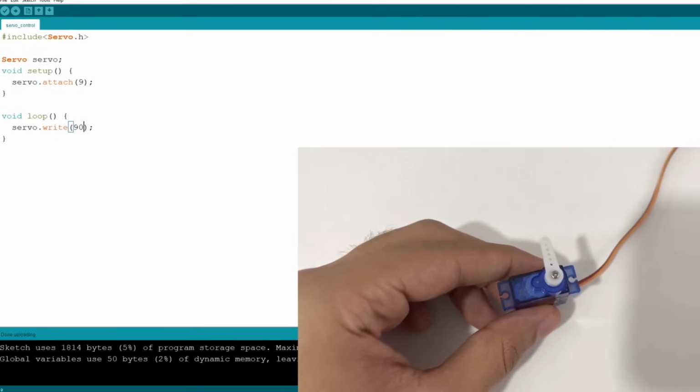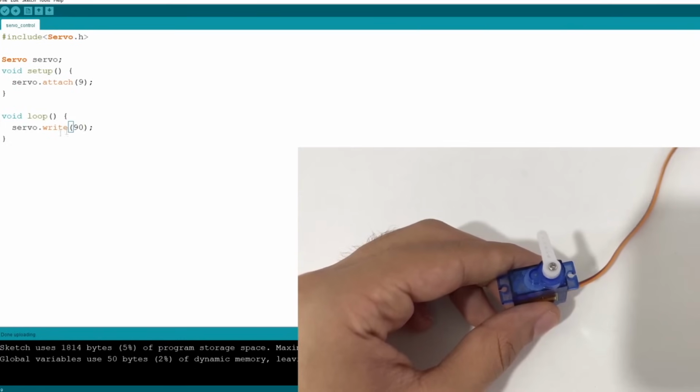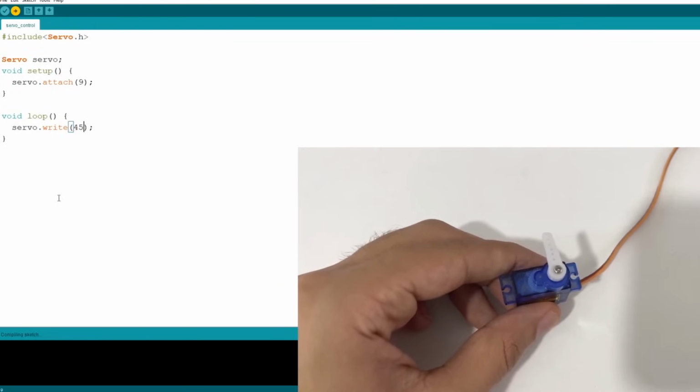And you see here is our 90 degree of our servo motor. And for example, let's change our degree of servo motor. For example, let's change it to 45 here. And if we run our code again,